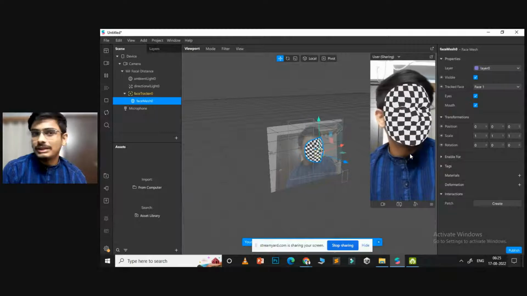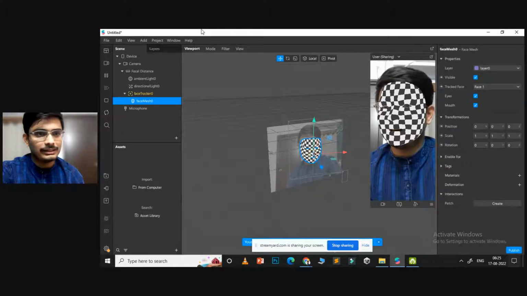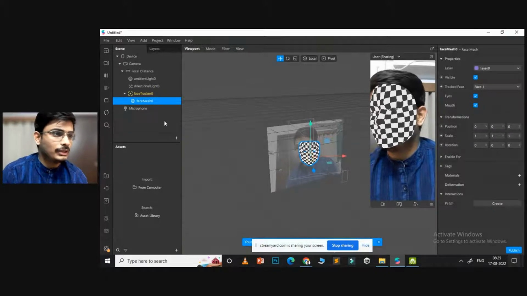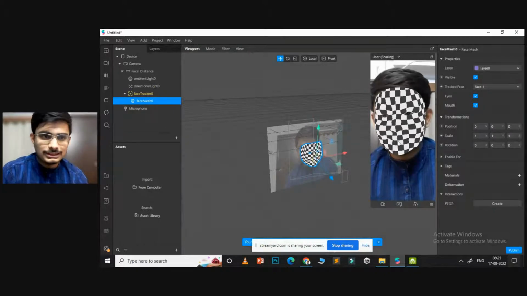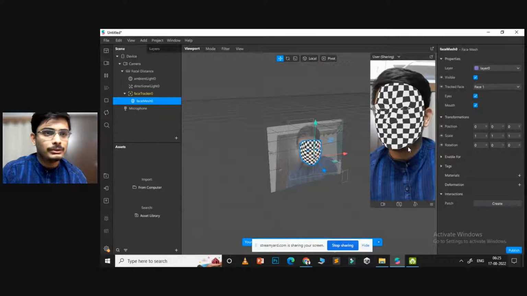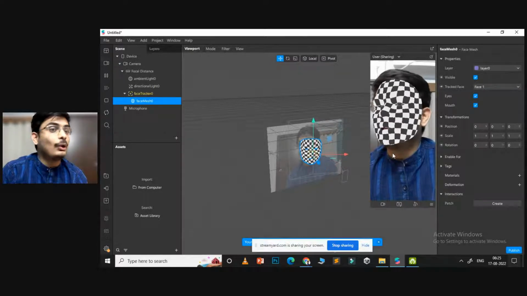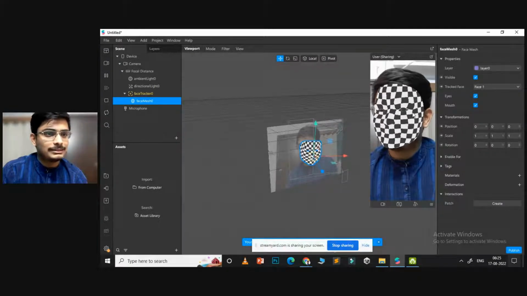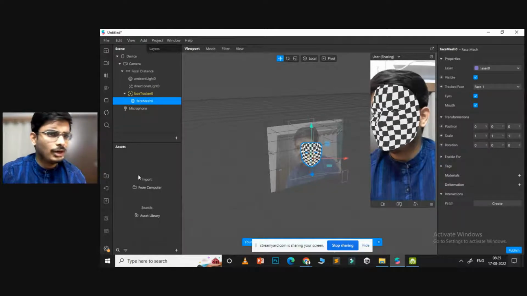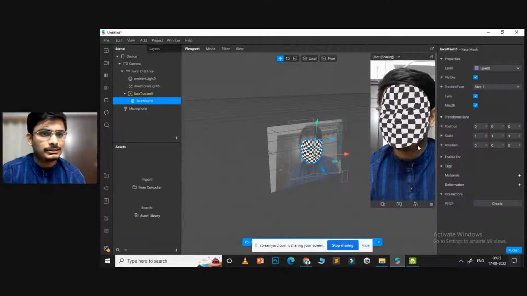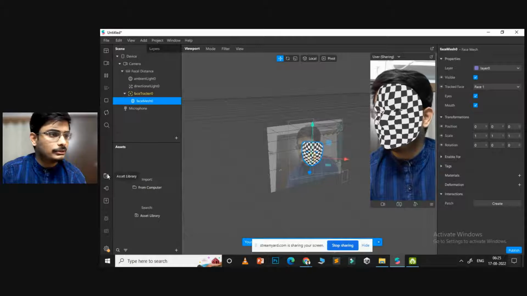And you have started working with AR right now, as you can see. And this is the very beginning of what we are going to do today. Now, we don't want this checkerboard thing on our face. We'll want to utilize this with something more logical, something that adds something to the face. Now, to map that with something else, you can go ahead to the